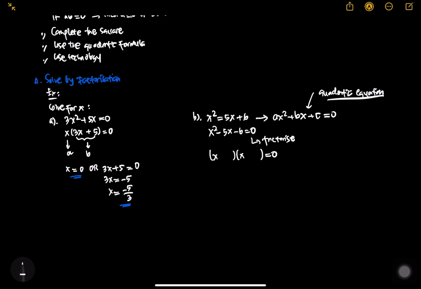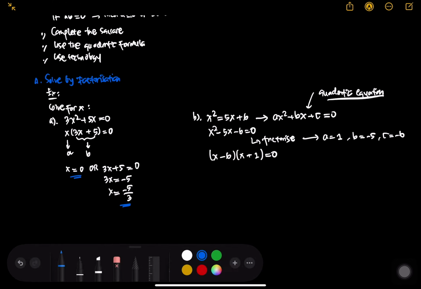As we can see here, a equals 1, b is negative 5, and c is negative 6. When you have to find a number that, when you multiply them together, it has to be negative 6, but when you add them together, it has to be negative 5. So definitely we can find that the numbers are negative 6 and 1, because if we prove it, x